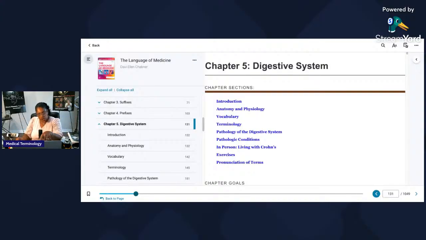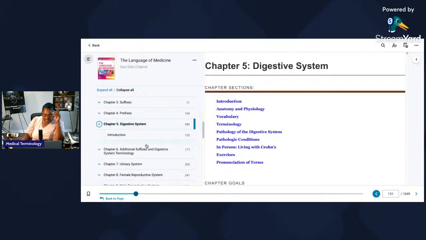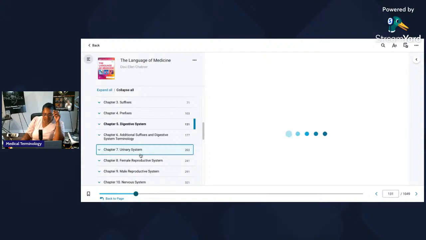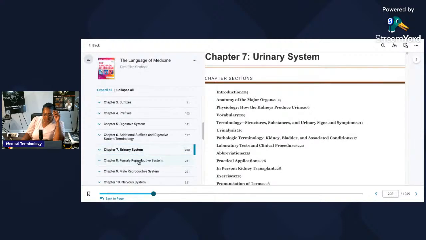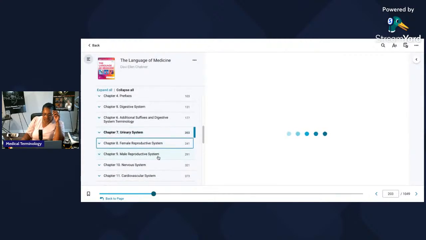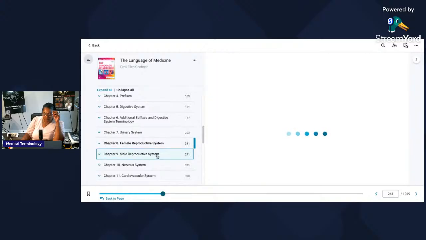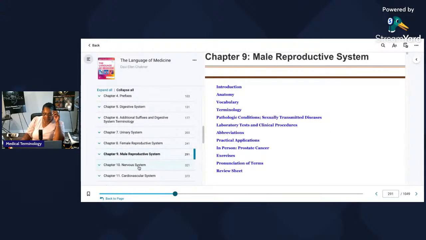But I wanted to just show you this so you can see how it says digestive system. And as you can see, I'm going to go to the book. I'm going to show you how it is exactly in the book. Look, digestive system, right? Urinary system. Female. Male.